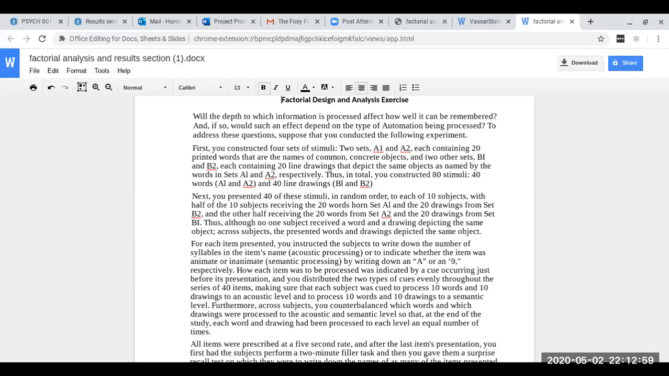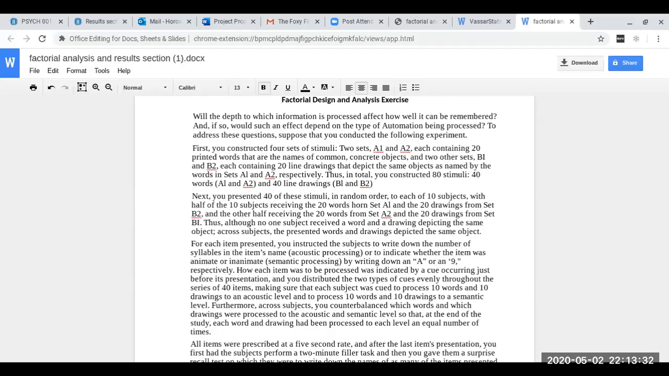Thus, although no one subject received a word and drawing depicting the same object, right? These participants either get the word chair or the drawing of a chair, but they don't get both. So although no one subject received a word and drawing depicting the same object, across subjects, the presented words and drawings depicted the same object. So some participants saw the drawing of a chair, the other half would only see the word chair,